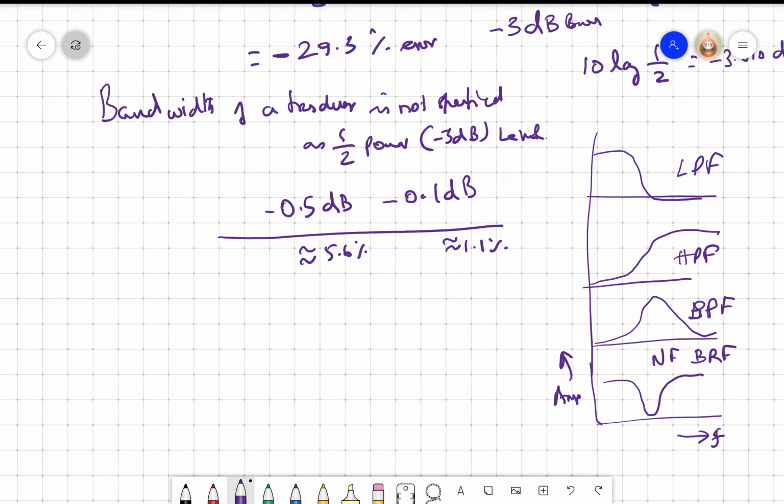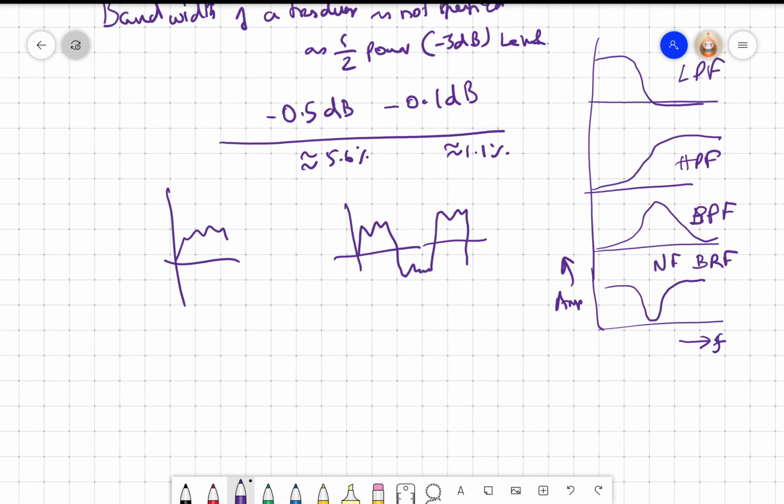But how will that help me in the real world? Because in the real world, as I said, my input could be something like this, or the input could be repetitive, but it is not a nice sine wave, right? Something like this. But we know that I can use Fourier series